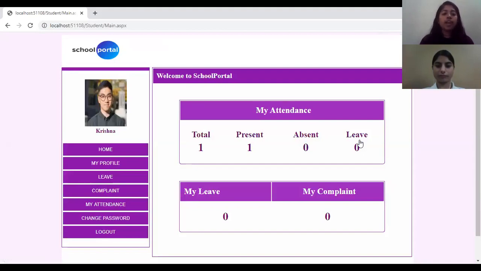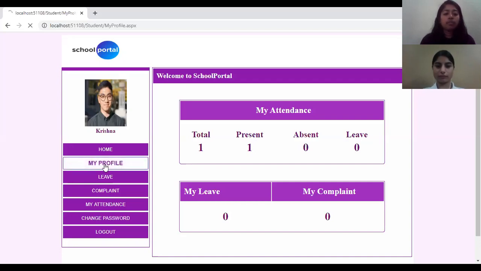So this is the profile of Krishna with various student level functionalities, and this is the home page where he can view the summary of his attendance, leaves, and complaints. In his attendance, total attendance marked is 1 and present is 1, absent and leaves are 0, as we have marked the attendance on the staff side for today's date, that is 30th April 2020.